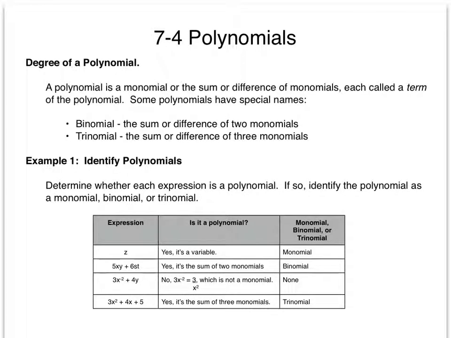Today we will begin Section 7.4 Polynomials. We'll start by discussing the degree of a polynomial. First of all, a polynomial is a monomial, or the sum or difference of monomials, each called a term of